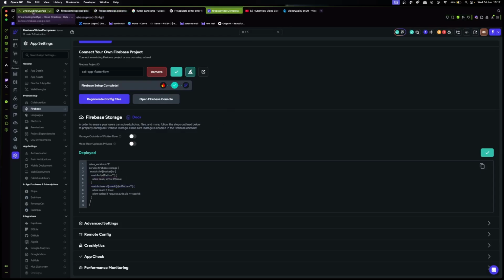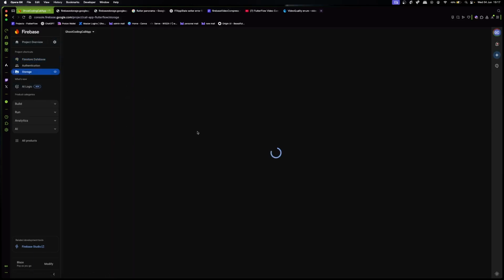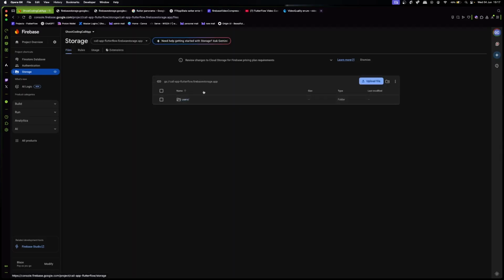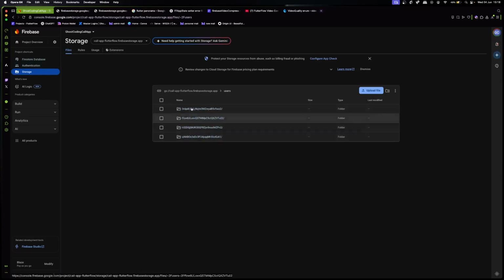So if we go to our Firebase, I'm going to go to storage. So here you can see inside of Firebase storage, each user will have their own folder, right? And the folder's name is the user's UID. So this is as per the Firebase rules.